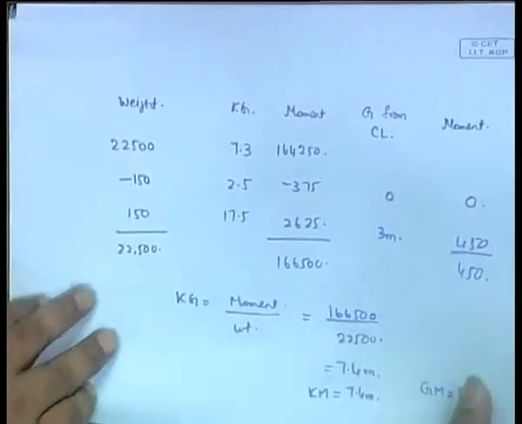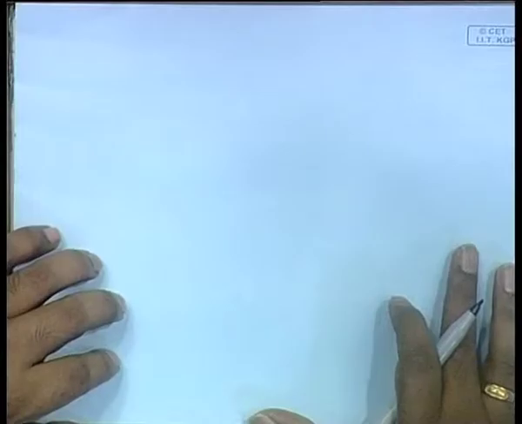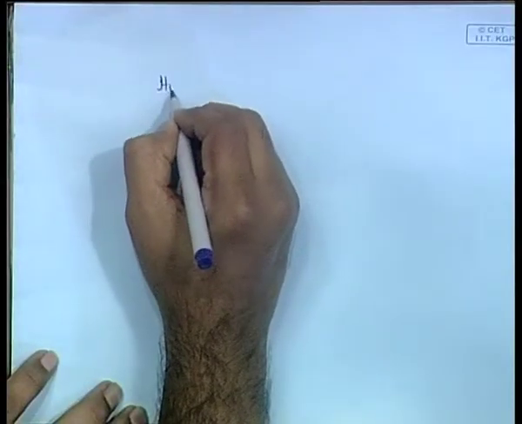Now, I have already told you, we talk about two types of weights in general in a ship. They are light weight and dead weight. Of course, there is something called hull weight also before that. Since I am saying it, I will tell everything.